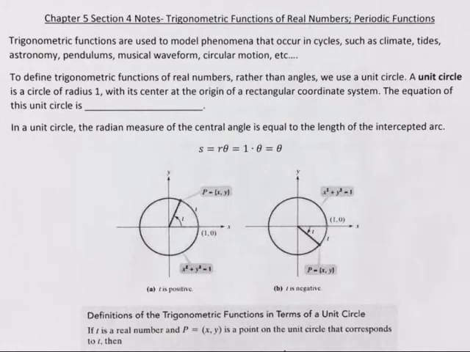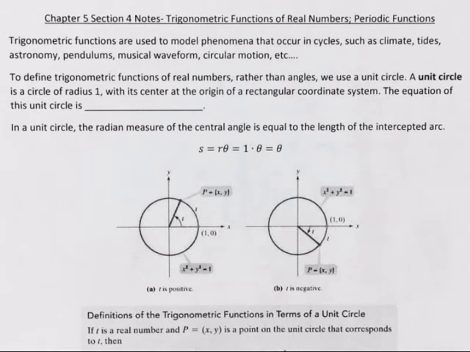This video is in regards to Chapter 5, Section 4, where we start looking at periodic functions. So we have already discussed how to evaluate and write ratios of the 6 trigonometric functions using right triangle trigonometry, and so what we want to talk about today is putting that on a rectangular coordinate system, and we do so